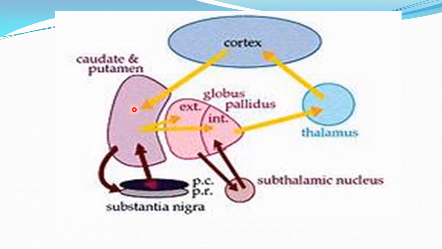See, from cortex it passes to the externus, excites it, and it releases GABA. This is again a GABAergic neuron. It inhibits this GABAergic neuron. Here GABA decreases. This decrease in GABA excites this nerve. It is excitatory. It excites globus pallidus internus. This excites this nerve which releases GABA. This GABA inhibits this nerve. So movement cannot take place. So from direct pathway movement takes place. From indirect pathway movement doesn't take place.